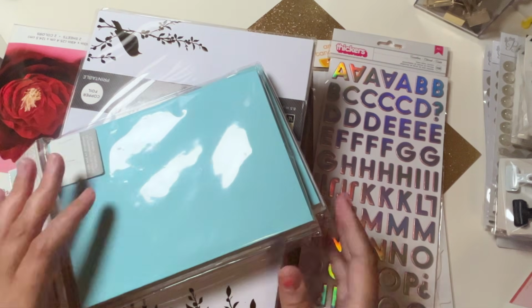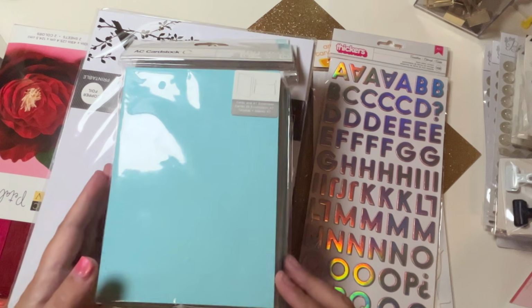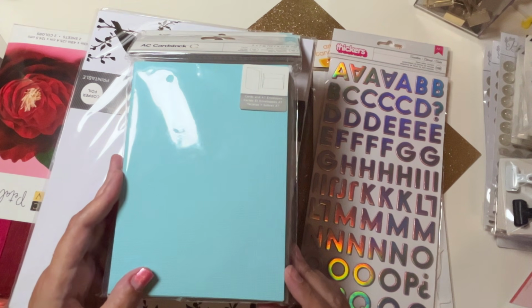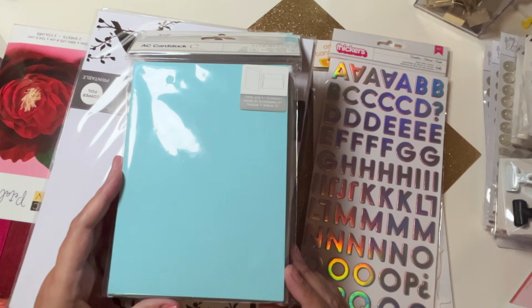But anyway, I wanted to show you what I got so that if you live in Michigan or if you're around Ollie's in your area, you want to zip out there and see if they got any of these great items, you can. I have been asked several times which Ollie's I'm going to in Michigan, so I